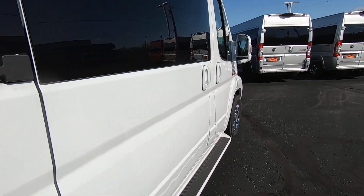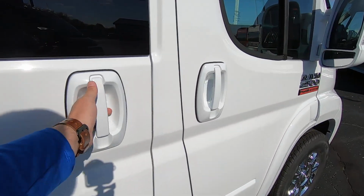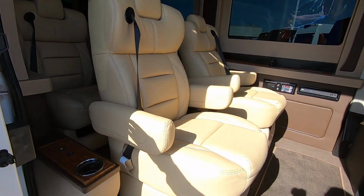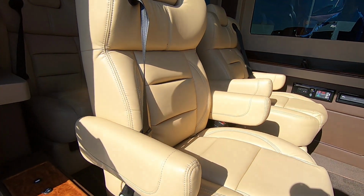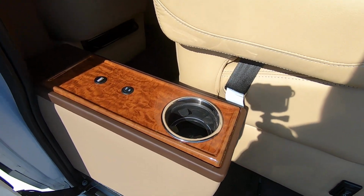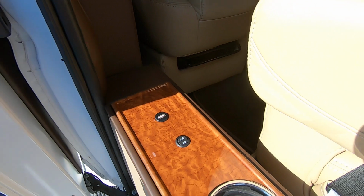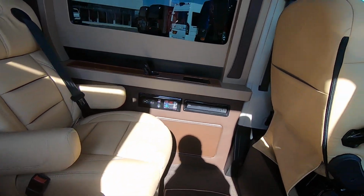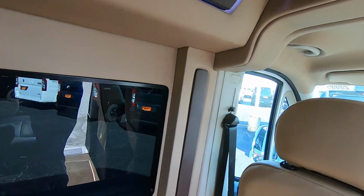Let's take a look inside. There's 2 rows of swivel captain's chairs in here, so you can actually rotate these seats around and face each other or any direction really you want. You got your cup holder down here, USB port for this front passenger here. Inside you got, let's step back here so you can see it,